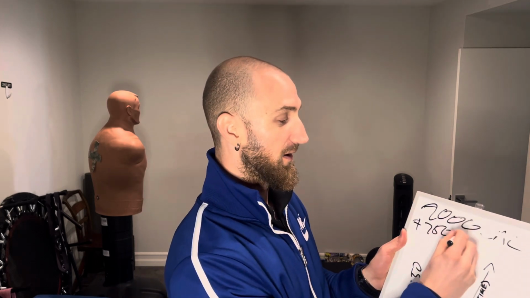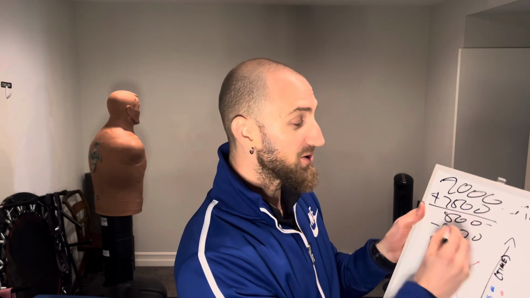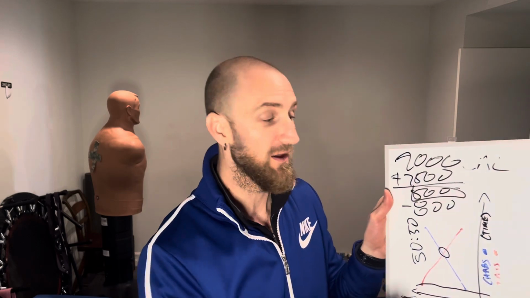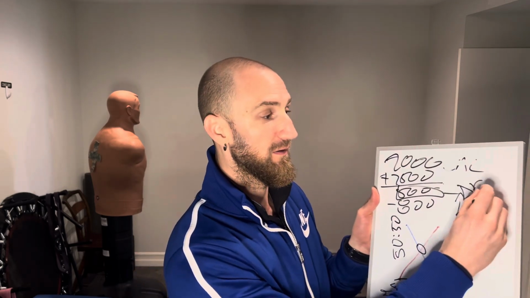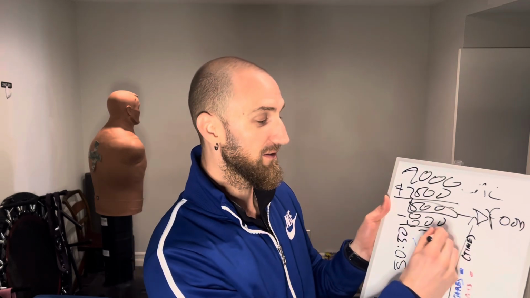If I have a metabolic rate of 2,000 calories every single day, and I eat 2,500, I have an excess of 500. If I burn 800, I just burn the 500 that's from food. Then I get into that excess of the 300 that was here, then I can get into that.